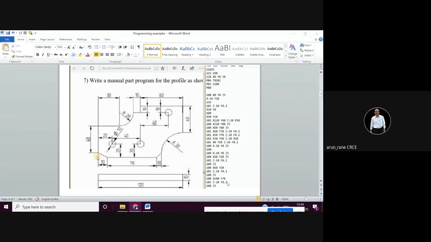Now here there is one more mistake I noticed. You need to give code G95 also. G95 is millimeter per revolution. Because this feed is 0.2 millimeter per revolution, it will not understand whether to take millimeter per revolution or millimeter per minute. So you need to give G95. In the first block, where you have written G80, G90, G40, there you write G95 also. Then control will understand that it is millimeter per revolution. Otherwise, it will give the error.